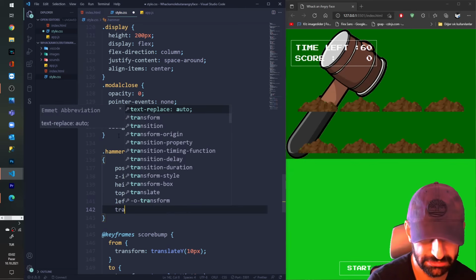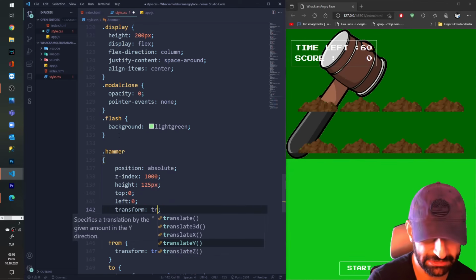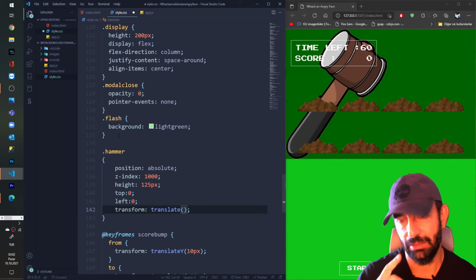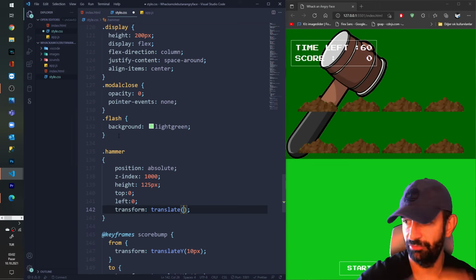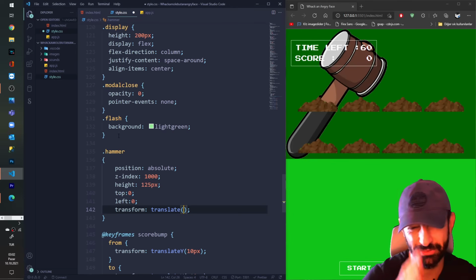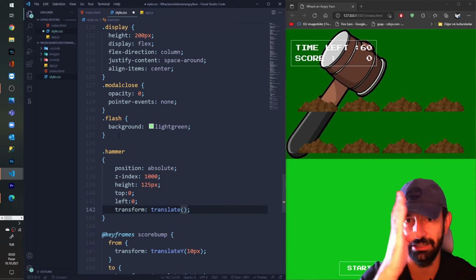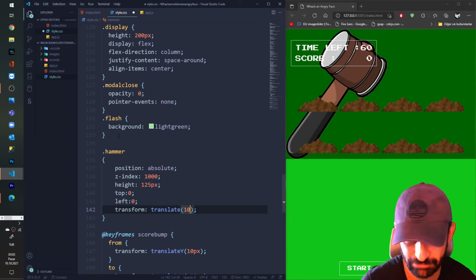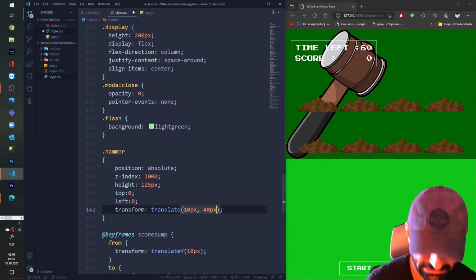And I'm gonna give some transform to translate, because I'm gonna make the pointer disappear and the hammer will be left. And in order to hit the head, I have to give some positioning with transform translate in order to hit the correct position when I do this rotating animation. I will give 10 pixels, and for the y-axis I'm going to give minus 40 pixels.